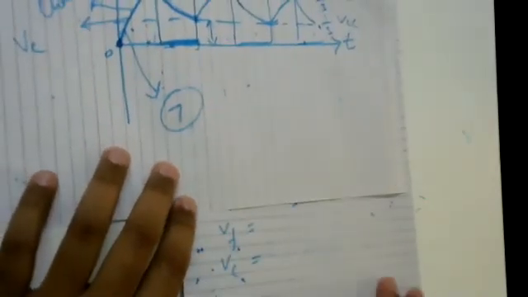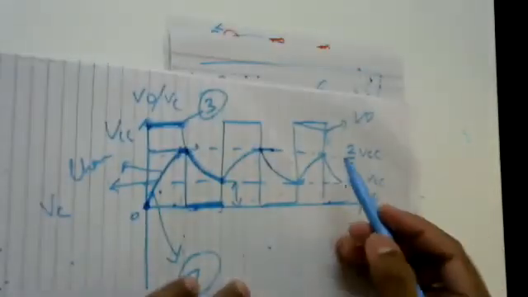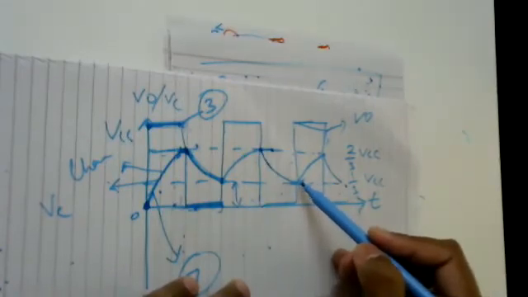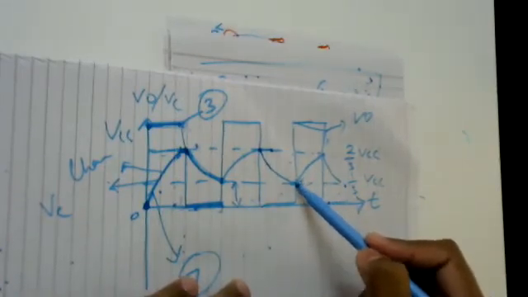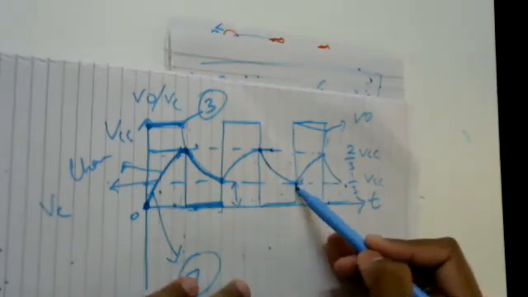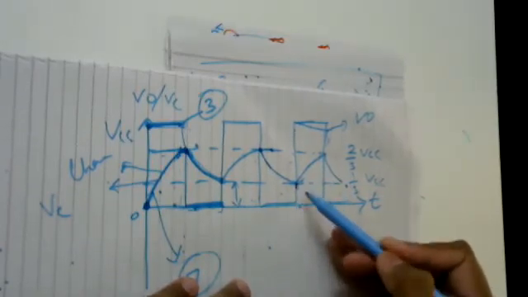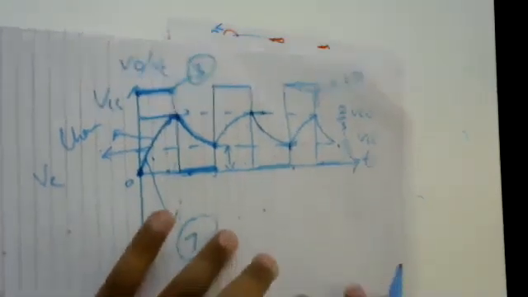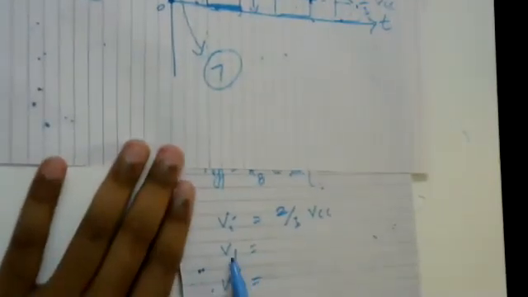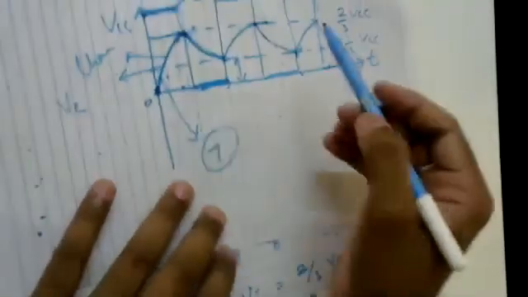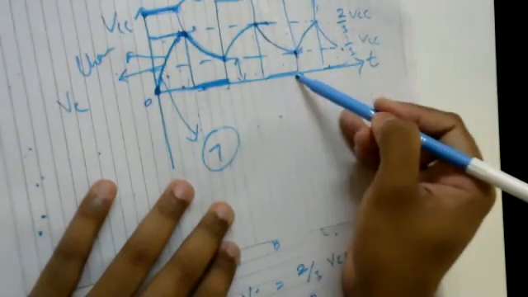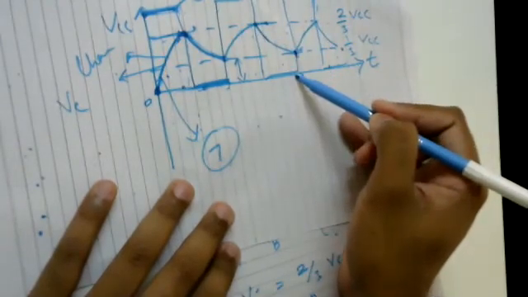Then I want to identify the final voltage. The final voltage, if I see with respect to your capacitor waveform, should stop at 1 by 3 VCC. But I know that this 1 by 3 times that of VCC is almost near to the ground. It's not too far above the ground. So for my simplification, I'm going to consider the final voltage as 0 volts. Instead of saying it stops at 1 by 3 VCC, I am saying that this is stopping at ground.